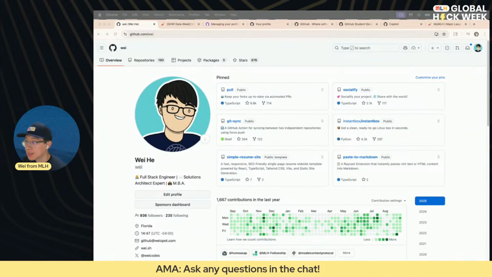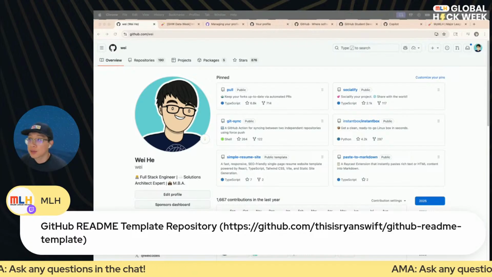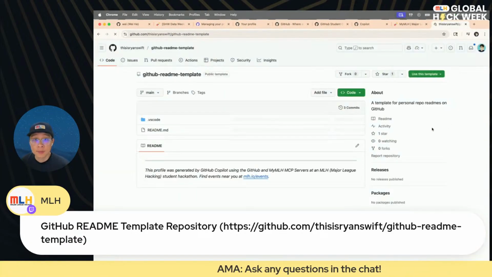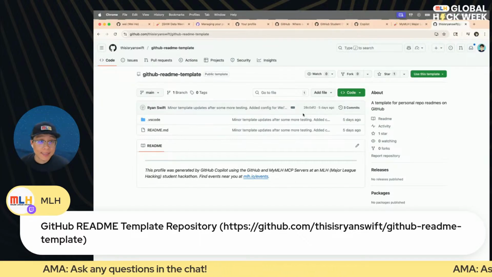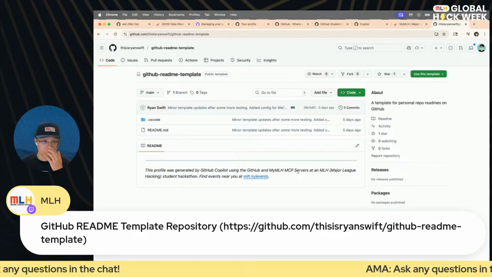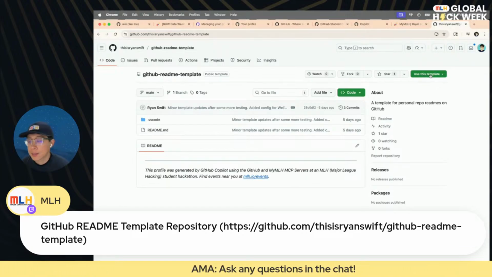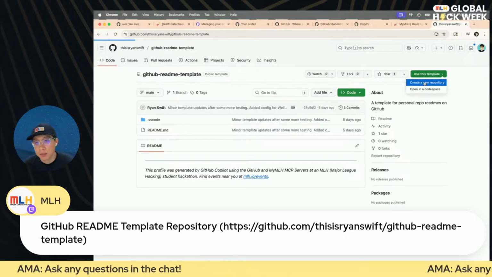All right. Now, I have shared this repository. Let's all go to it right now. You'll see this is a very basic skeleton of a GitHub README template. What we're going to do is click the Use this template button on the top right corner here and create a new repository.